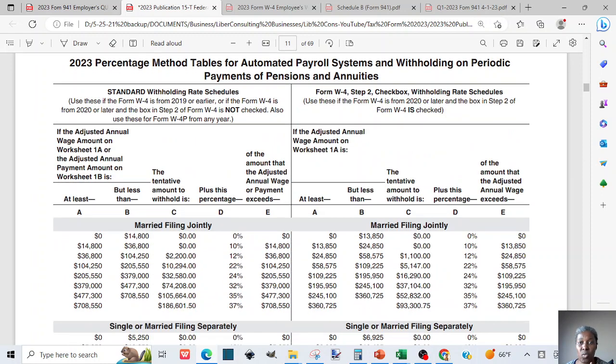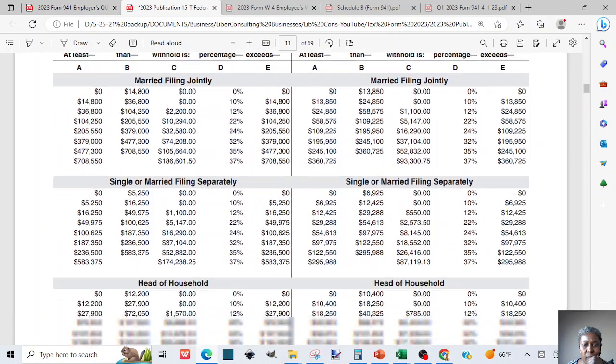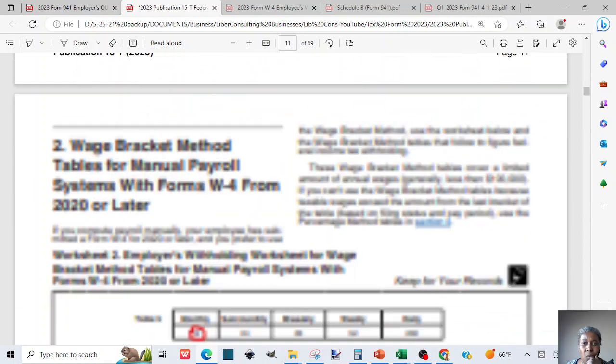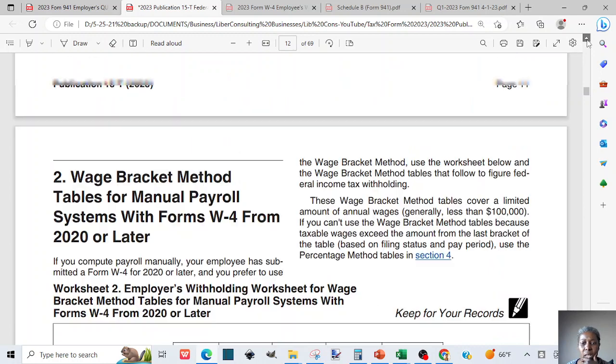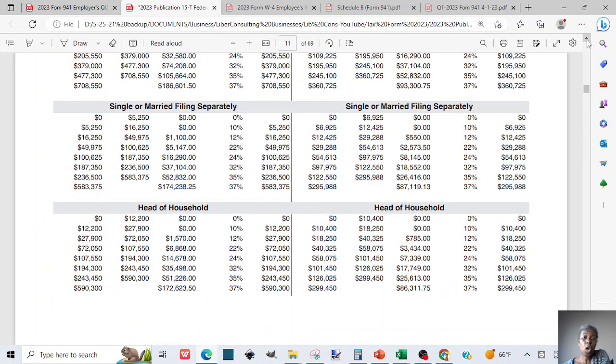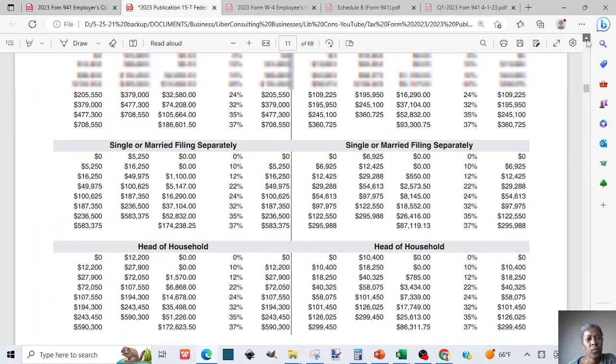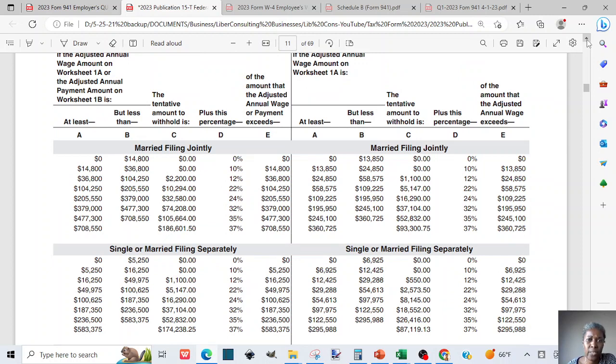If you pay twice a year, for instance, you should be able to see if that will work for you. But yeah, those are the different options to help you figure out how much tax to withhold from your